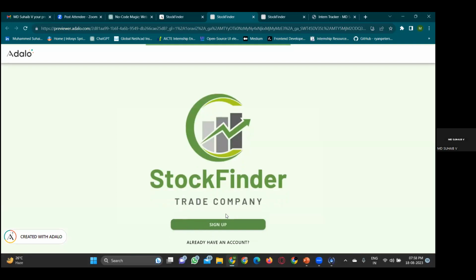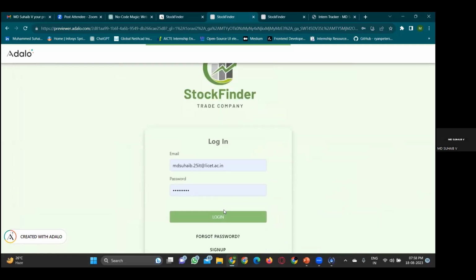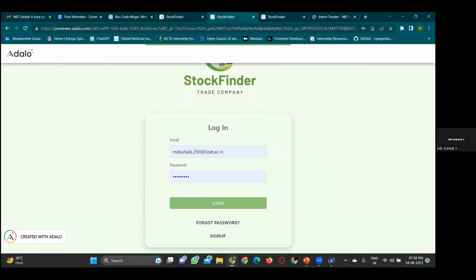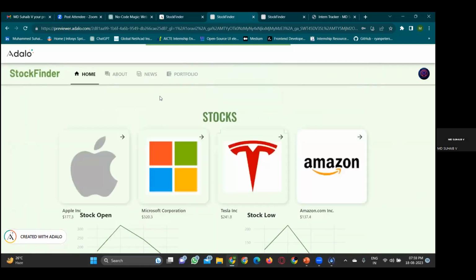So we have two options here. Immediately on the welcome page, we can either sign up if we are a new user, or if you already have an account, you can click this. It will take us to a login page. Since I already have an account, Chrome has pre-filled my details here. Since I have saved my details in the Chrome password manager, we can just click login. It will take us to the home page.